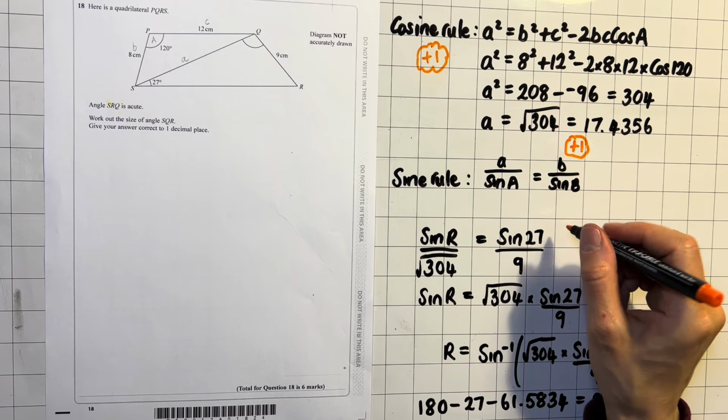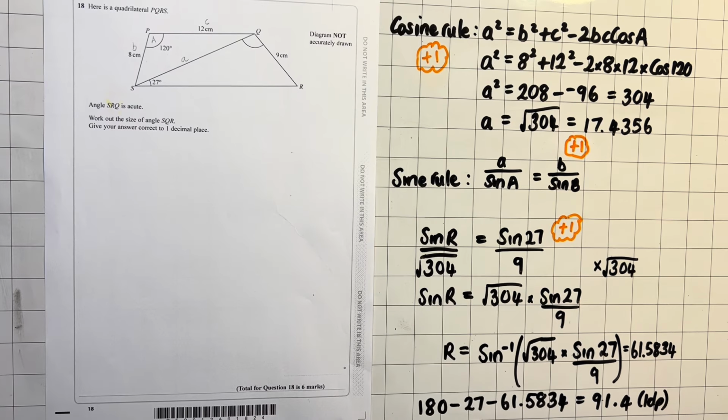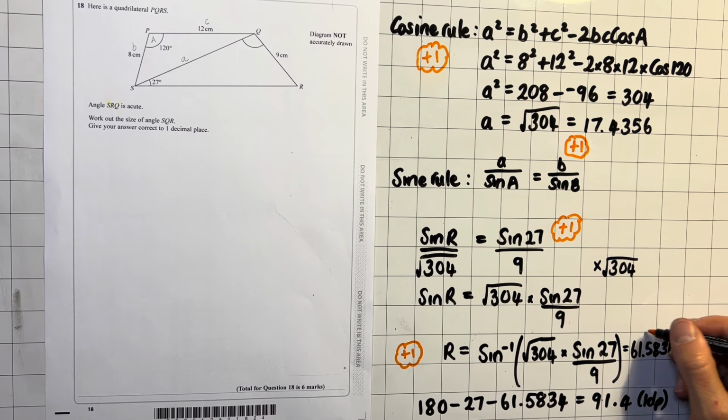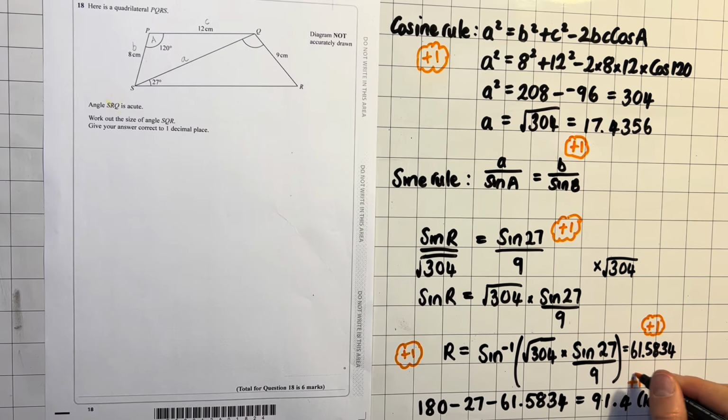There's another mark for pulling out the sine rule and inputting the correct values, and then rearranging. There's a mark for finding the angle R as 61.5834, and finally a mark for the final answer of